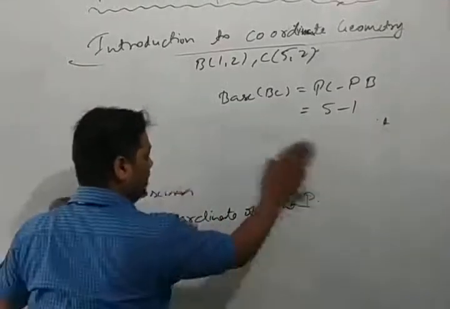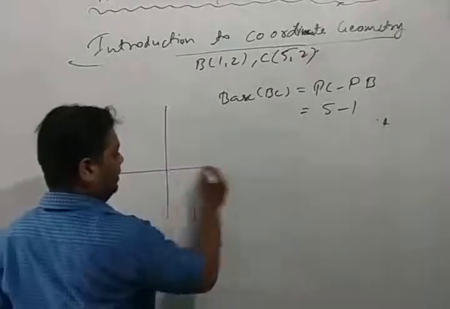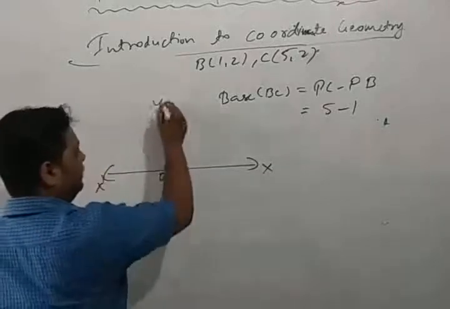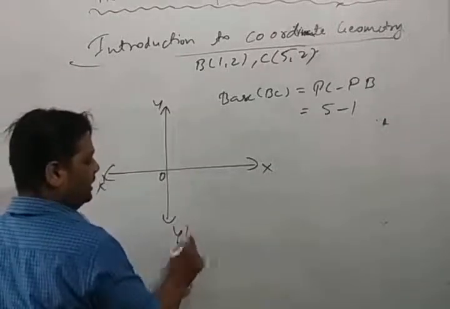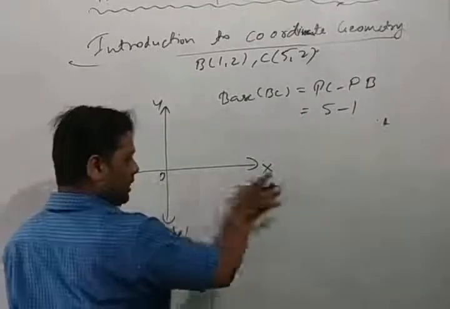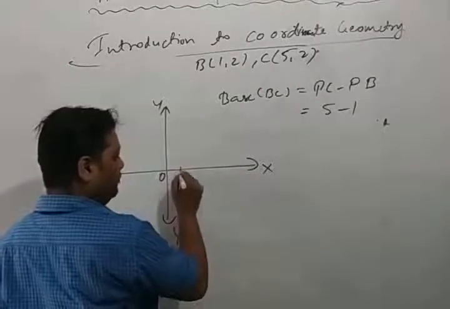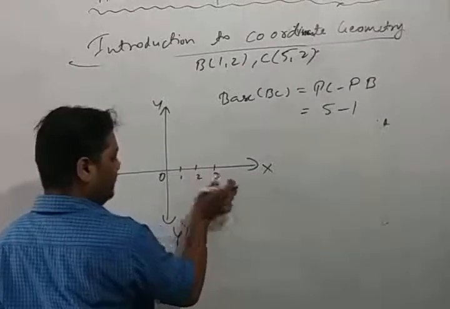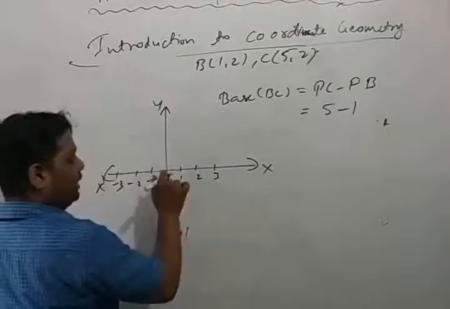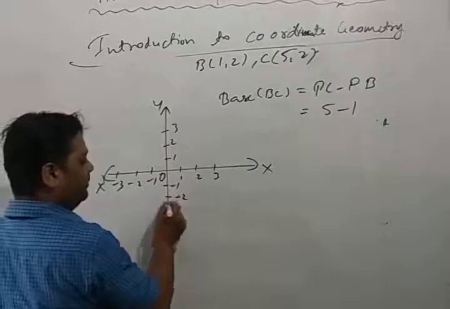Okay, and about the Cartesian plane, let's recall the Cartesian plane also. At first you have to draw the X O X dash line and the Y O Y dash line. In the horizontal line X O X dash, the right side from O is all positive and the left side is all negative. The upside of the Y O Y dash line is all positive and the downside is all negative.